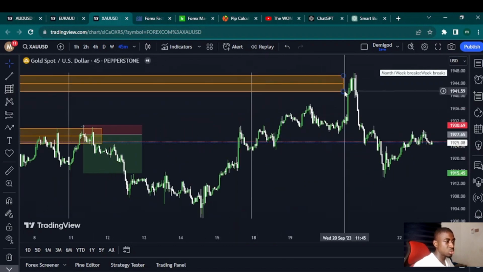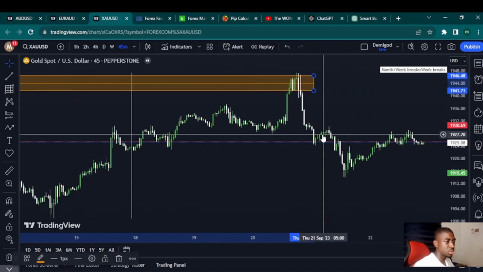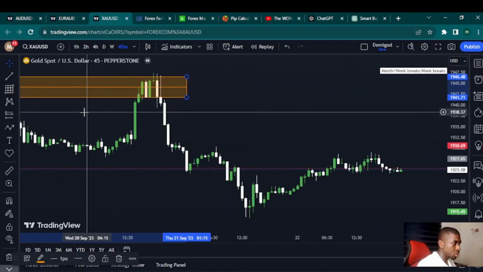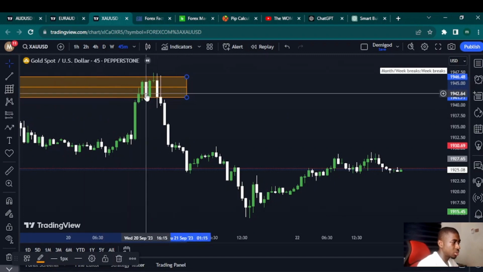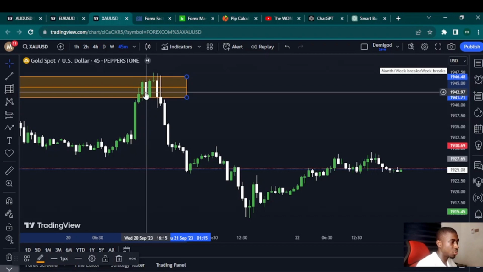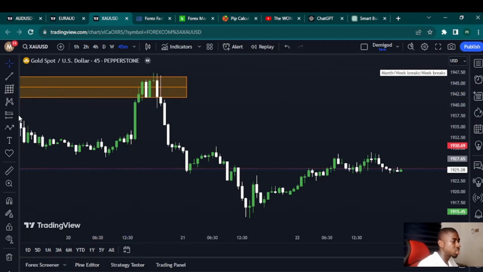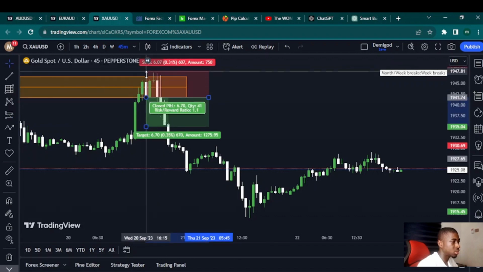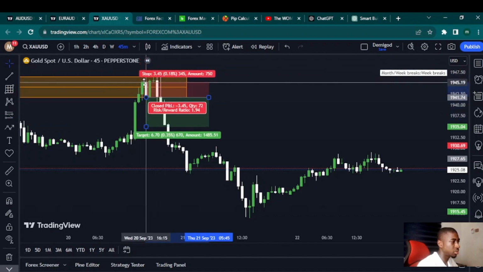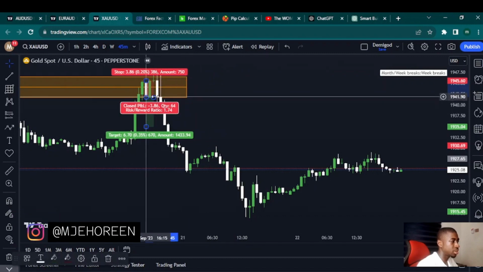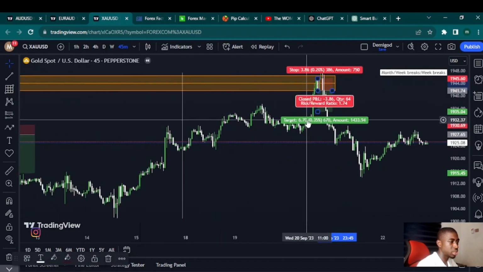Price came into our demand zone, and what are we doing here? We have been watching out to see what is going to happen here. So what probably happened here was we had this first candlestick pattern here, which is an engulfing candlestick pattern, which definitely we will want to take that particular trade, right? And I think our stop loss will be all around 38 pips, right? And I'm very sure that probably we'll be targeting